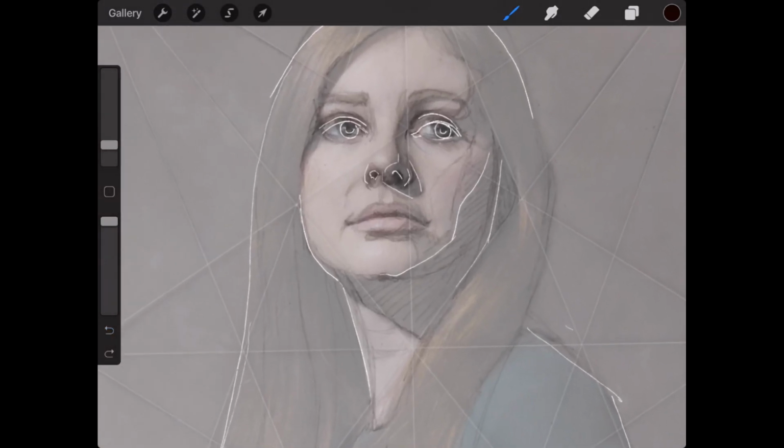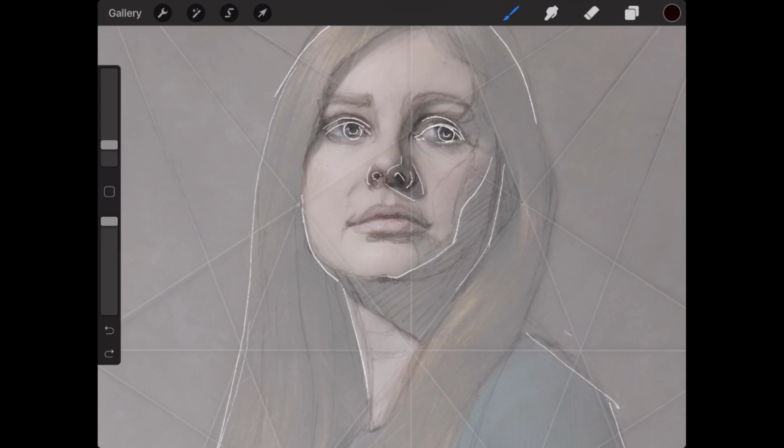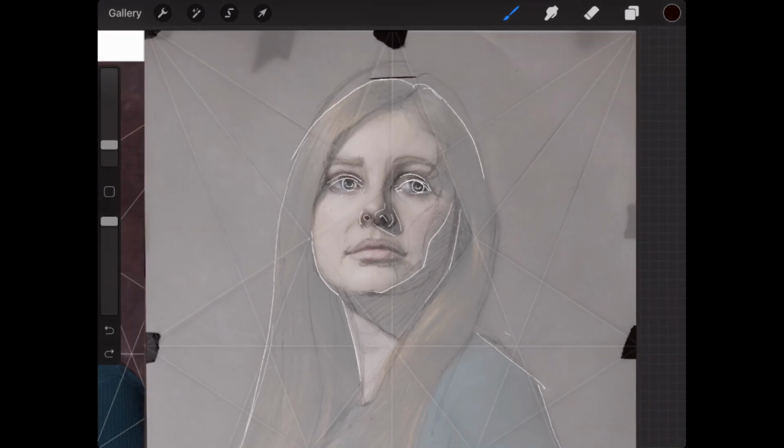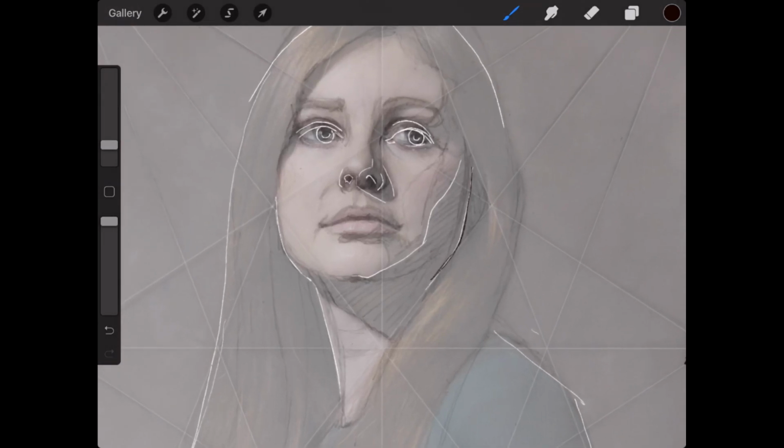And then looking down into the face, I felt like this could be just a tiny bit wider. And again, that's going to reinforce that idea that her face is more like a teardrop shape. So it's a little bit wider down here and also a little bit lower, not necessarily wider over here, but bringing this down here. So just dropping this a little bit more.